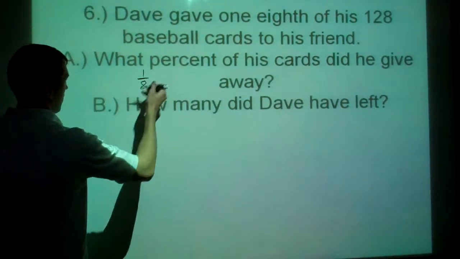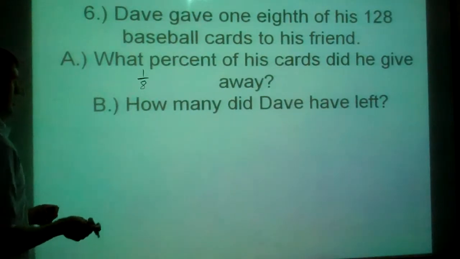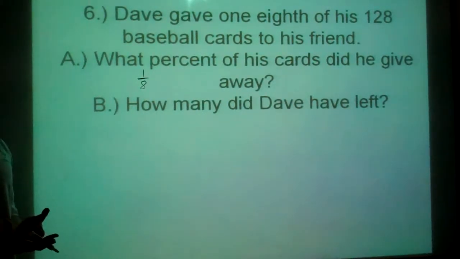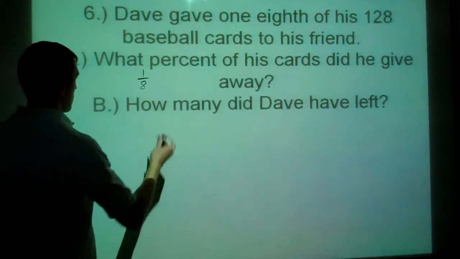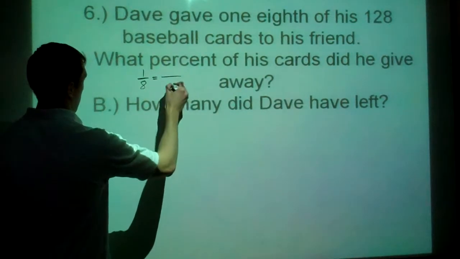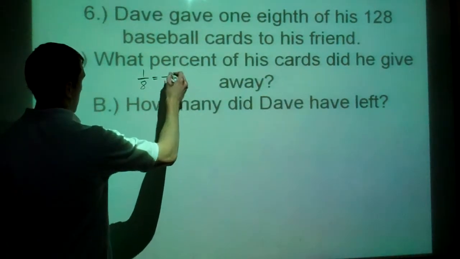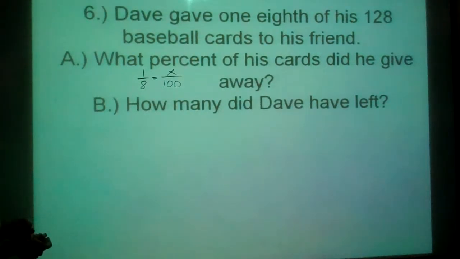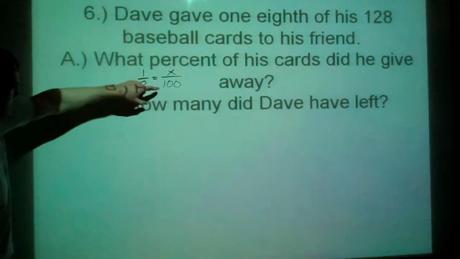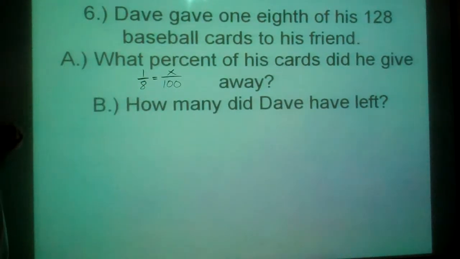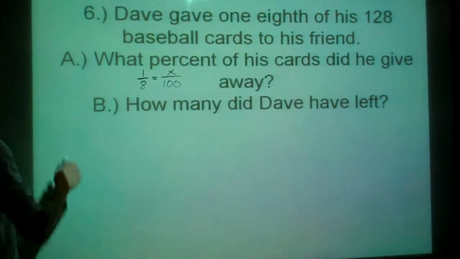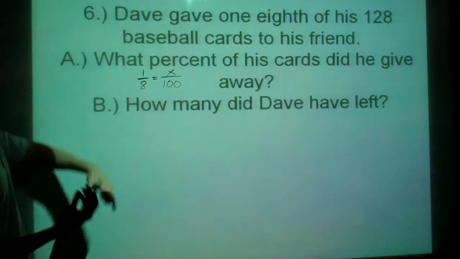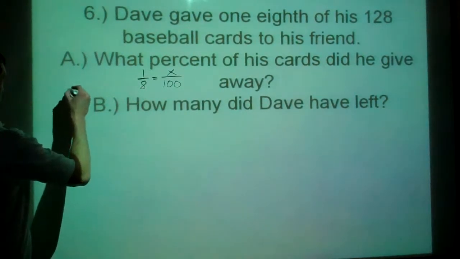1/8. What is that as a percent? We have a few different ways to do that. We're essentially trying to figure out what is that out of 100. So if we do cross multiply divide, 1 times 100 is 100 divided by 8, that'll give us our answer. Or we can do 1 divided by 8 and multiply it by 100, doesn't matter. So let's just do